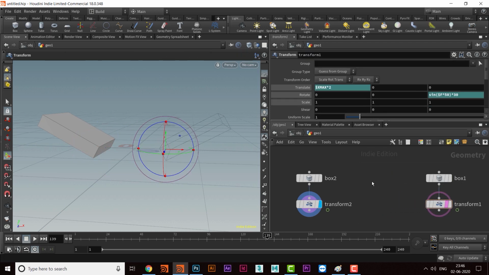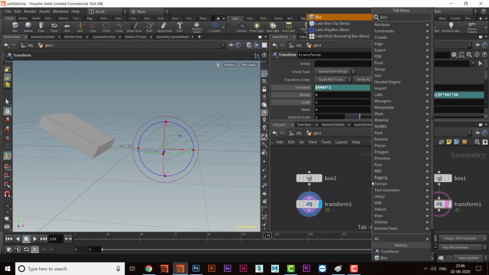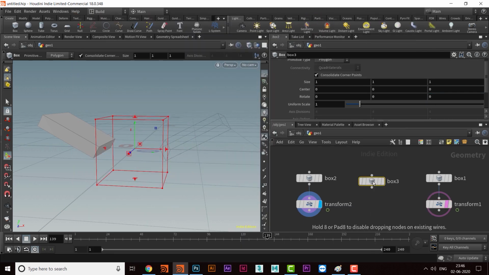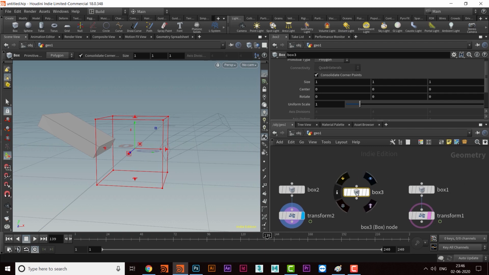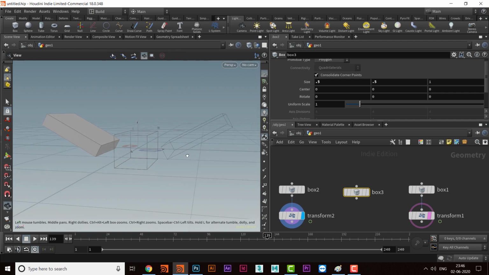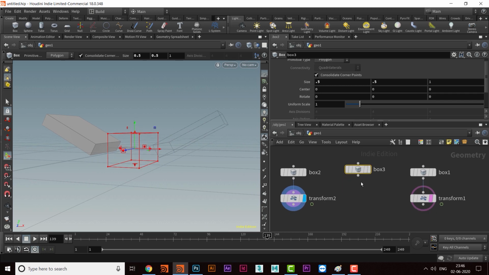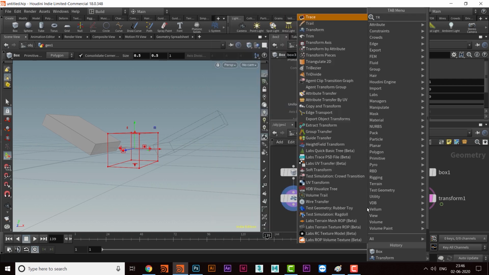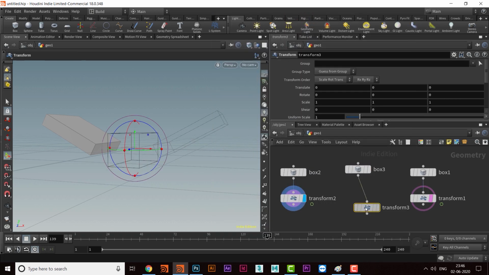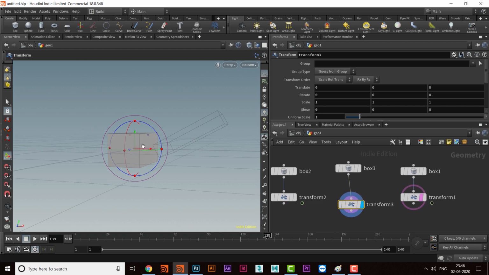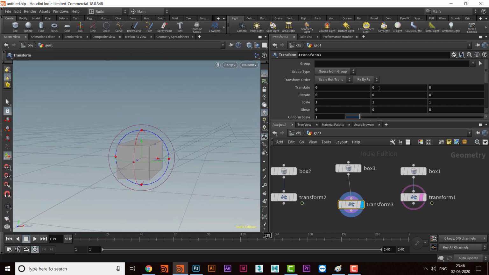Now I will take one more box, and here I will reduce this value to 0.5, and then X will also be 0.5. Okay, and I will give some wave motion on the y-axis. So I will take a transform node for that and give some motion on the translate y.